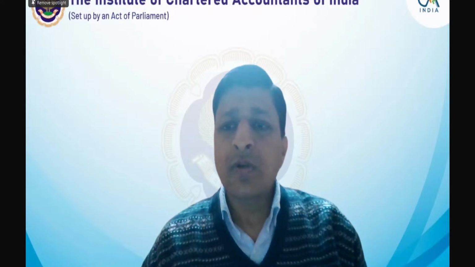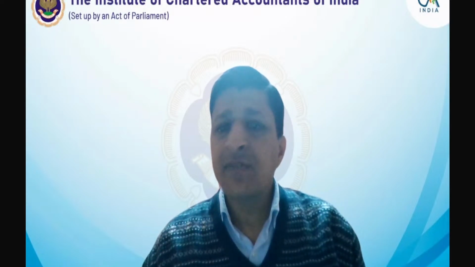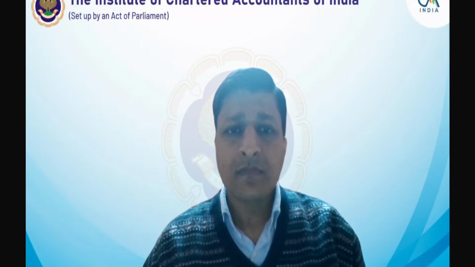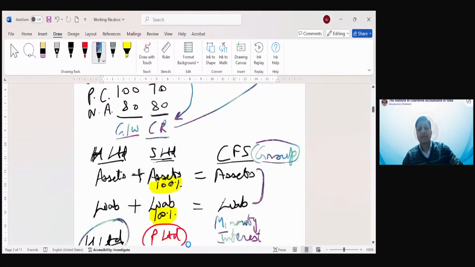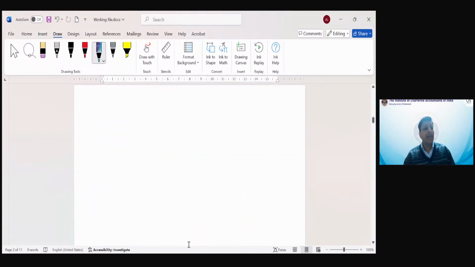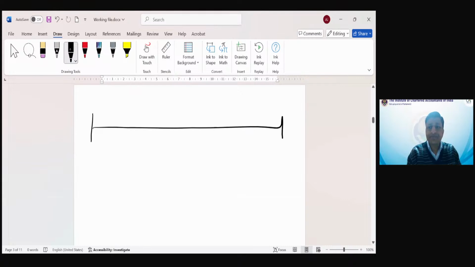let's move further. Let's also talk about some other type of adjustments which may arise. Now, continuing on the same example that we were discussing. When H Limited acquires S Limited, in some of the cases, there may be an agreement, there may be an understanding. So, what is that understanding? Let's try to look at that. Say on this date, which is 16th December 2024, H Limited acquires S Limited,